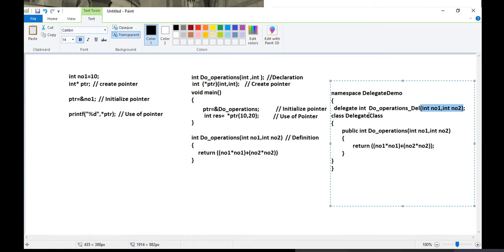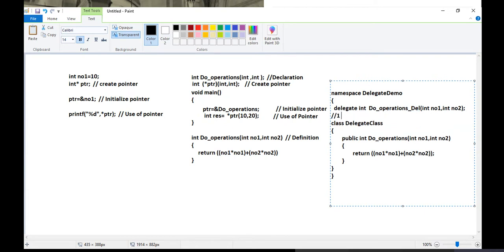This keyword delegate and the name of the delegate, which you can give any unique name you would like. So this is step number 1 for me, creation of delegate, like creation of pointer.